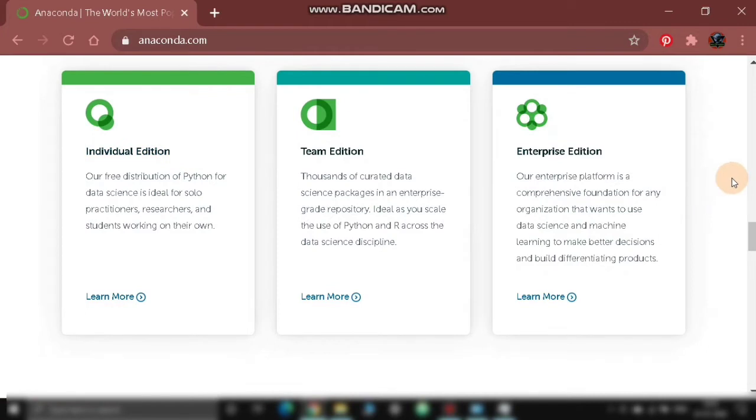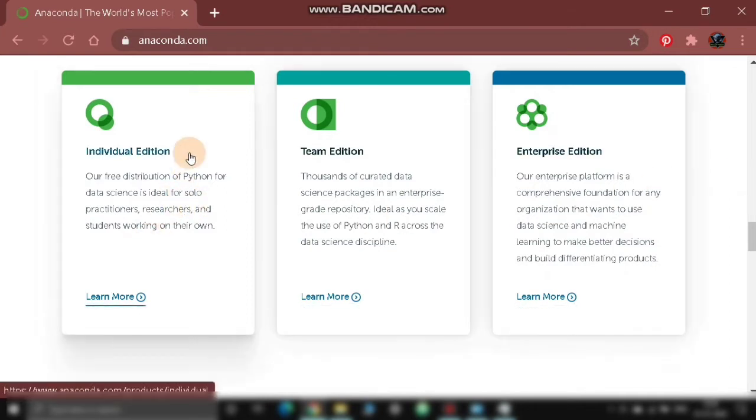There are three types of editions. Firstly, there is the individual edition, second is the team edition, and the third one is the enterprise edition. The individual edition is free for solo students who want to learn Python and do some basic Python work on their own standalone system.